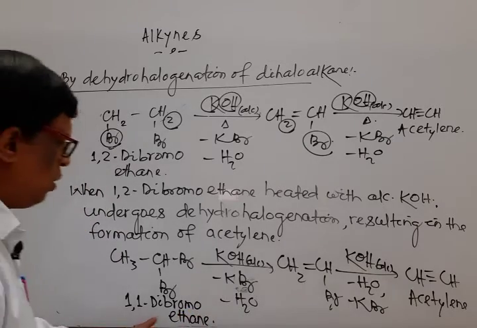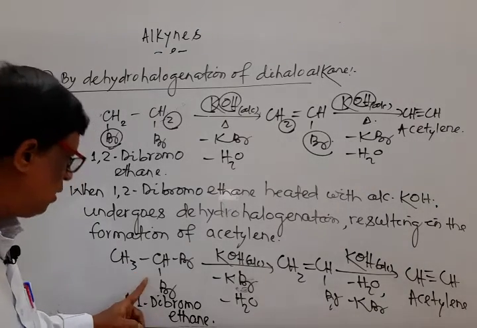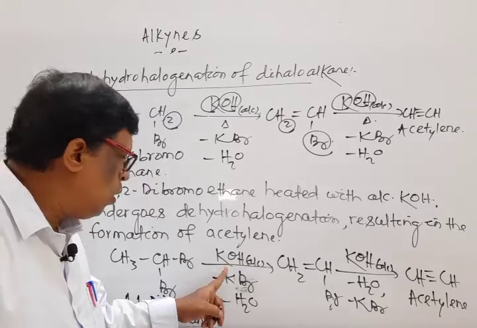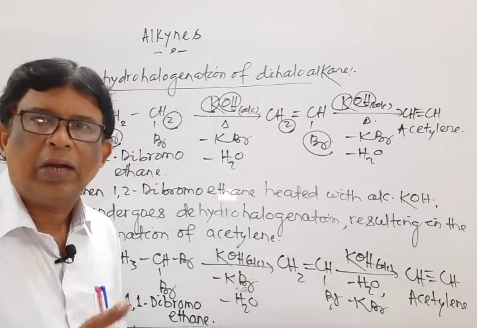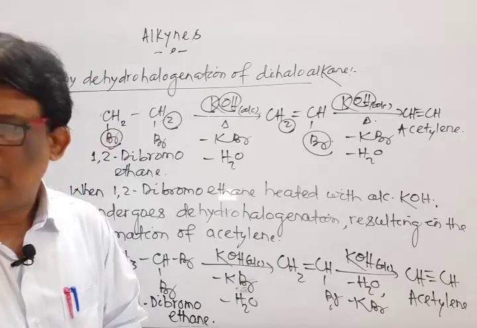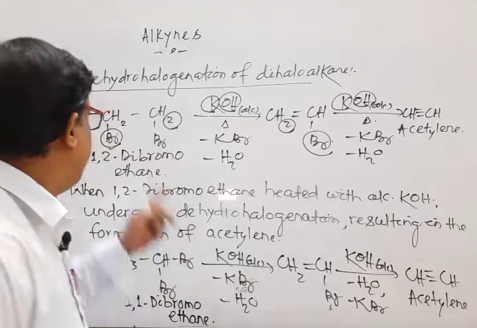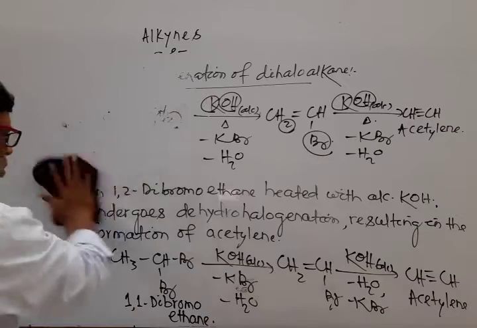For this, you also write the statement. When 1,1-dibromoethane is heated with alcoholic potash, it undergoes dehydrohalogenation, resulting in the formation of acetylene. Okay, it is the third method. Next, switch over to the fourth method, that is by